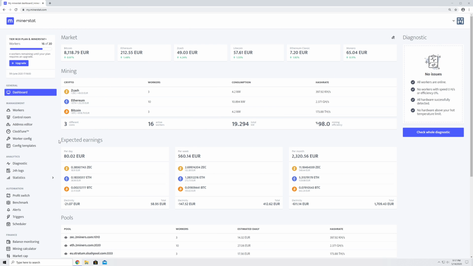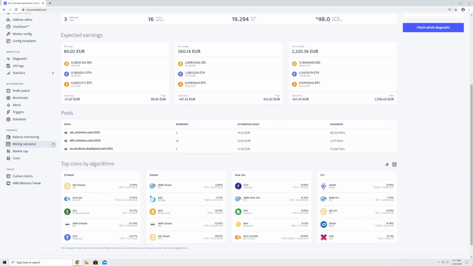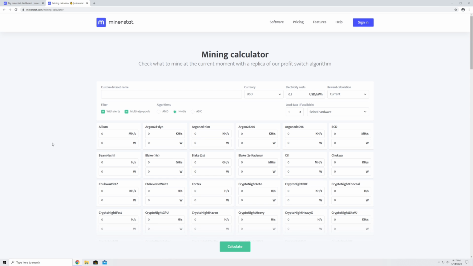In this video, I will show you how to use Mining Calculator. You can find Mining Calculator under Finance or on the main minerstat.com website. Mining Calculator is a free, publicly available tool, and you don't have to be logged in to your minerstat dashboard